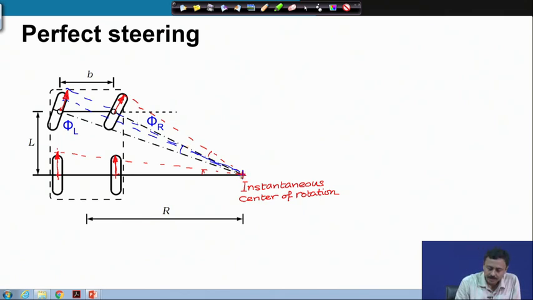So, there must be a common point through which the center line of all the four wheels pass,